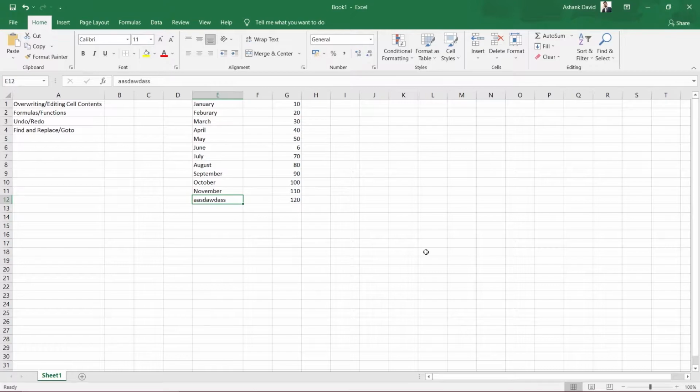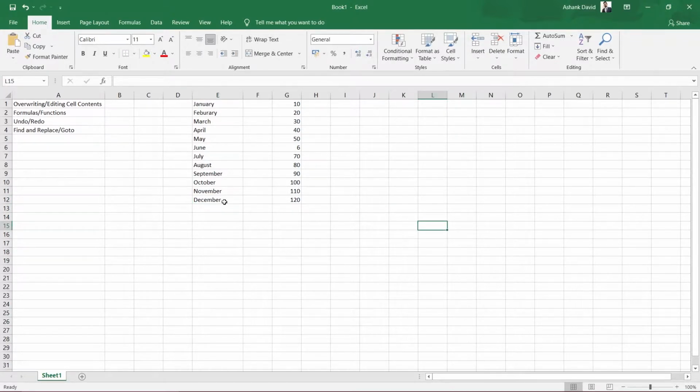So let's say I want to write December. I've written December here. So this way I have overwritten the cell. Instead of double clicking onto that, or instead of pressing F2, or instead of bringing the cursor onto that particular cell, I have just selected that cell. You can either single click onto that cell, or navigate through your keyboard and just start typing whatever you want in that cell. So again, just select that cell and write whatever you want.